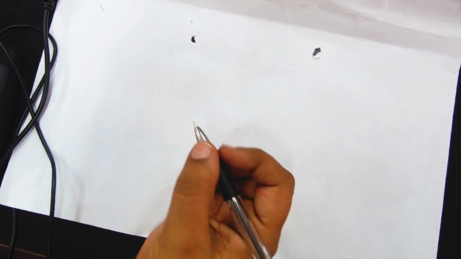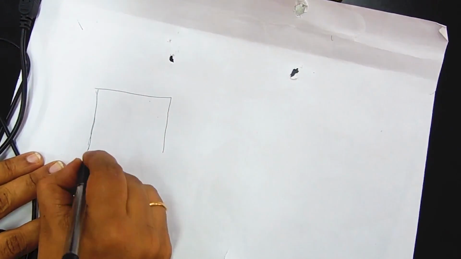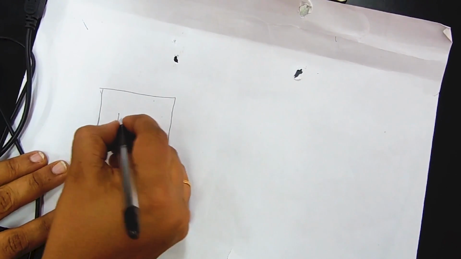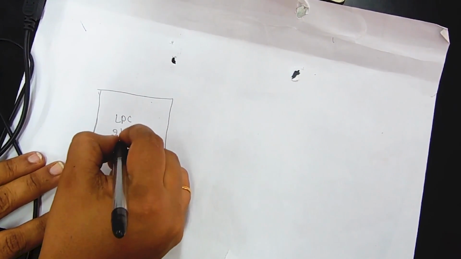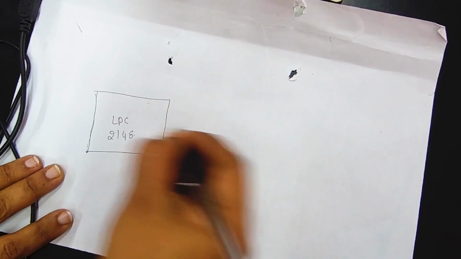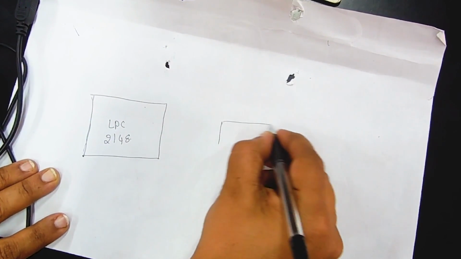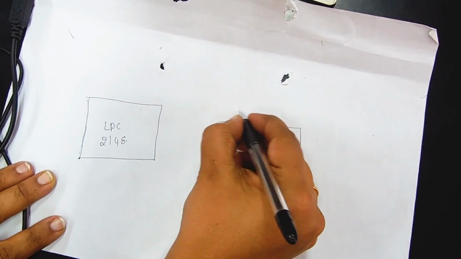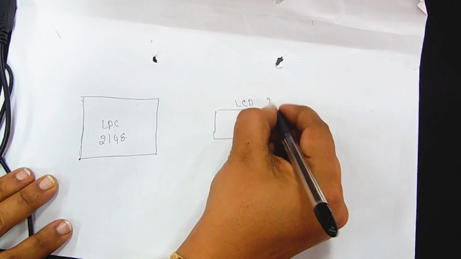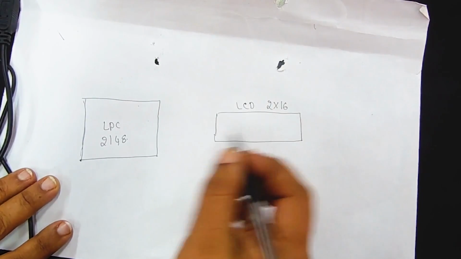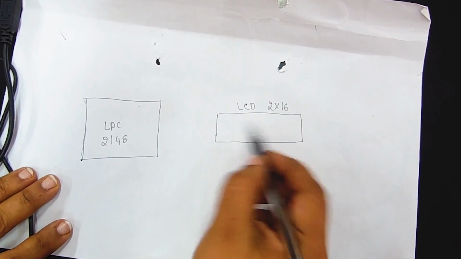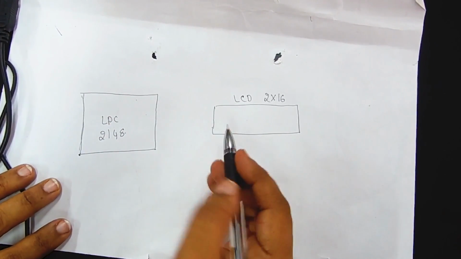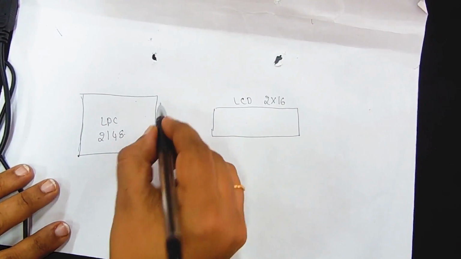Understanding the LCD program, a few fundamentals about LCD. This is our LPC kit. This is our LCD display. It is a 2x16 display, 2 rows and 16 characters in each row. LPC is connected to LCD